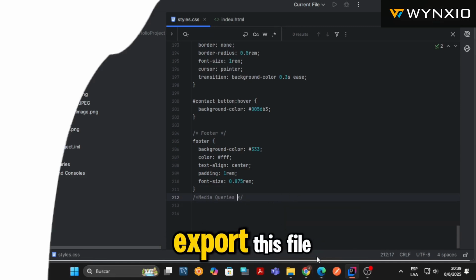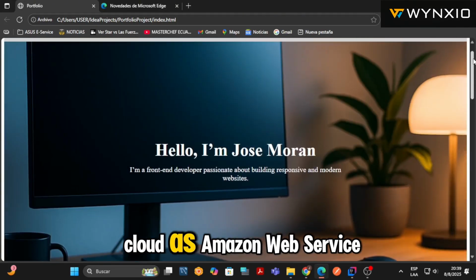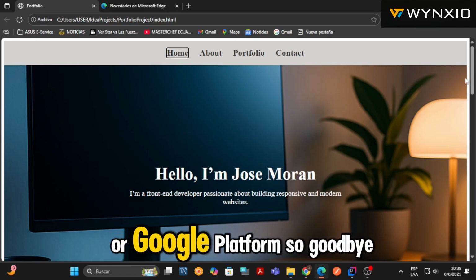And if you want to export this file, you must upload it to the cloud, such as Amazon Web Services or Google